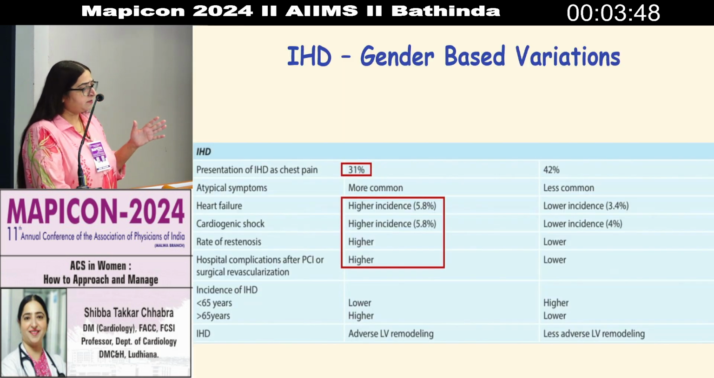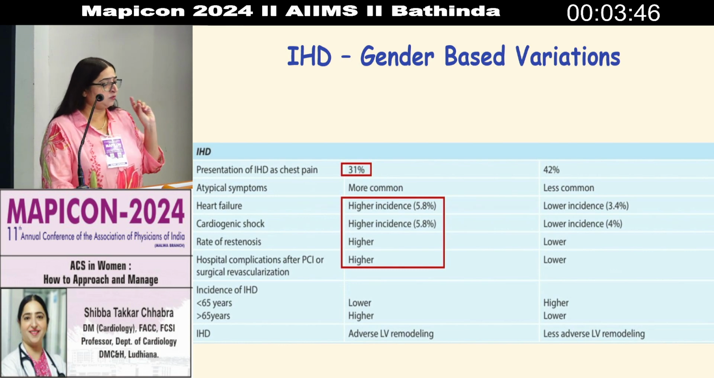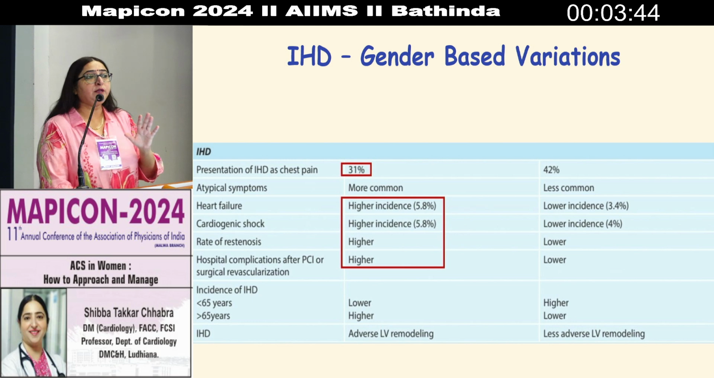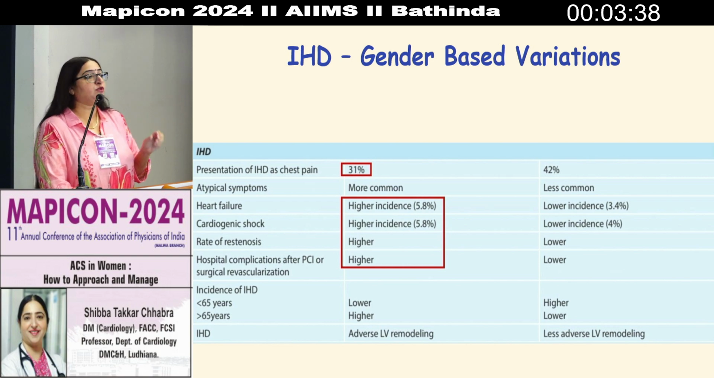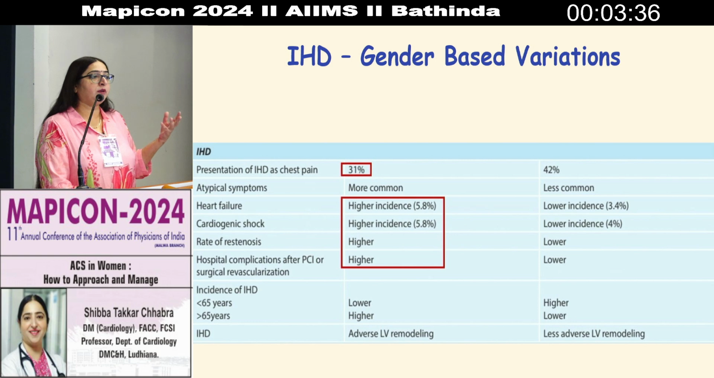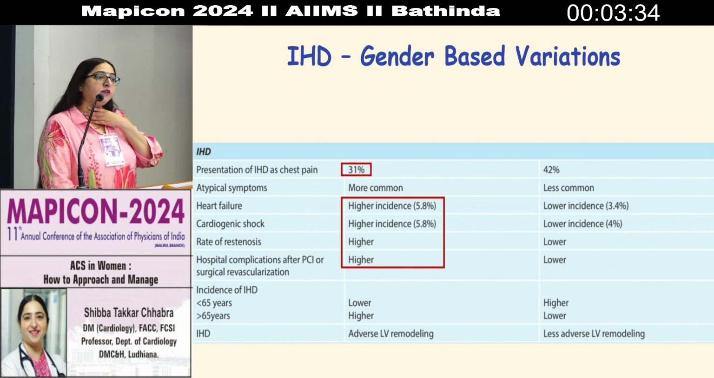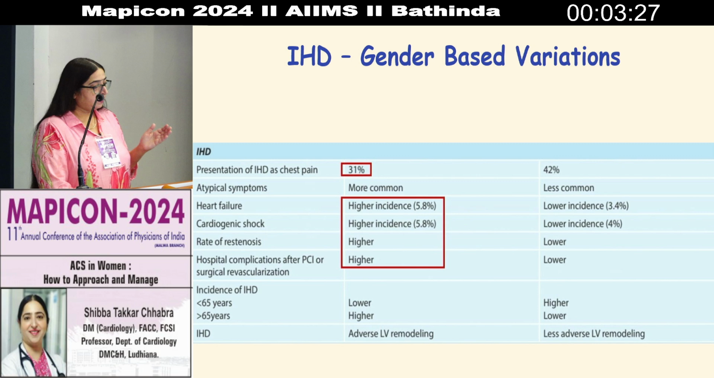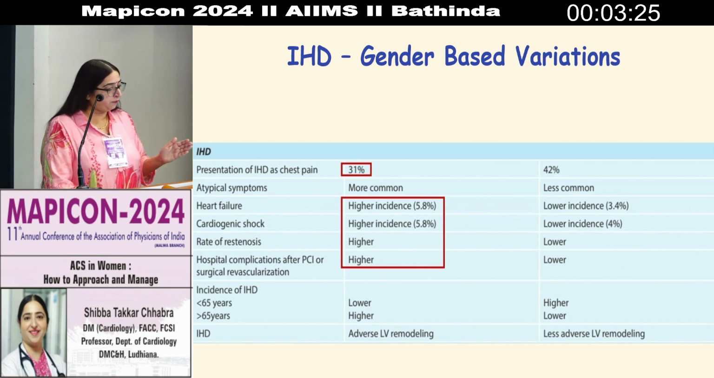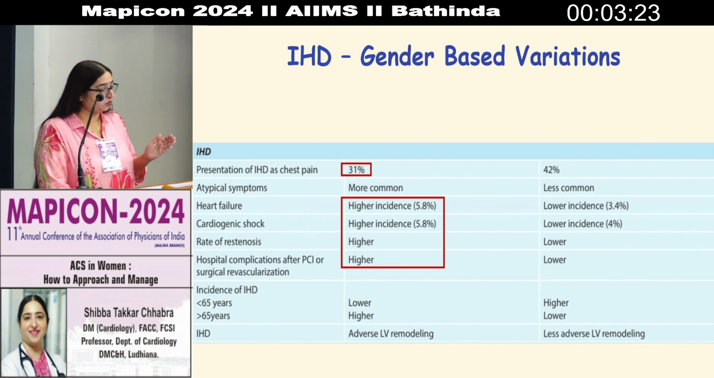So ladies and gentlemen, when ischemic heart disease occurs in women, in 50% of cases these patients may not actually present to us with chest pain. Their symptoms would usually be atypical. She would complain of breathlessness, some jaw discomfort, some headache, some tightness, and these symptoms could be CVD mimics. Patients can present with heart failure, cardiogenic shock, restenosis, and complications much more as compared to men when women have